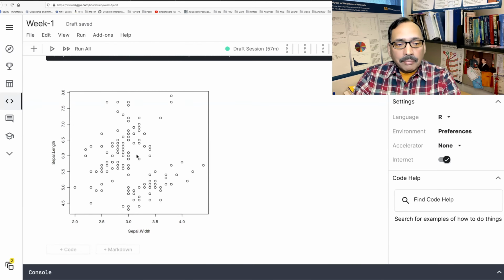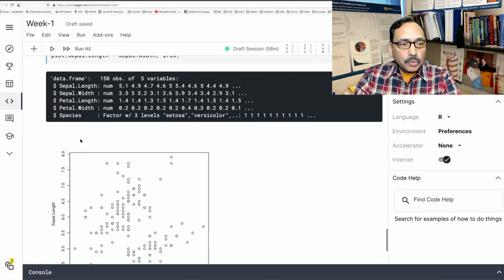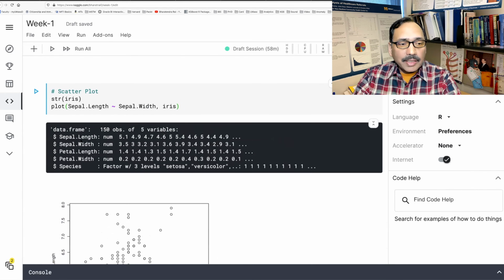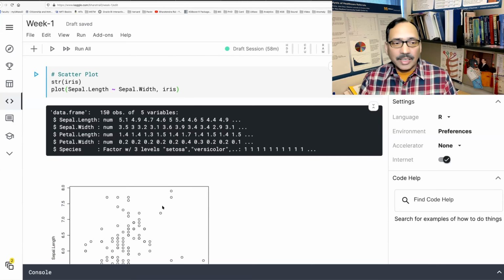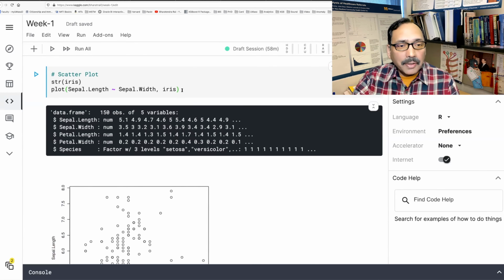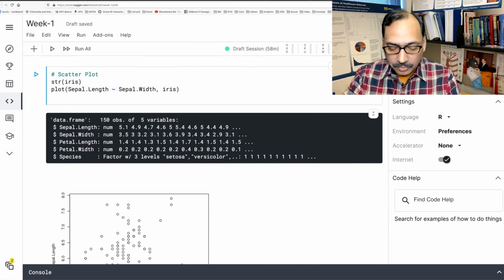Now, one difficulty with plotting 2 variables at a time is that if you have many numeric variables and you have to try all possible combinations, it can take a lot of time. But luckily we have a function in R called pairs.